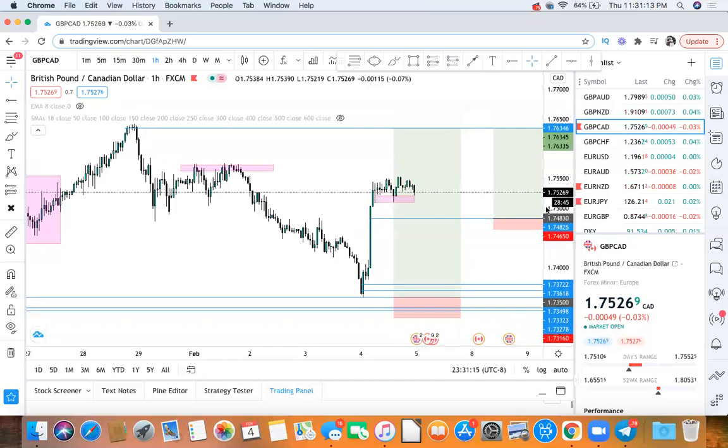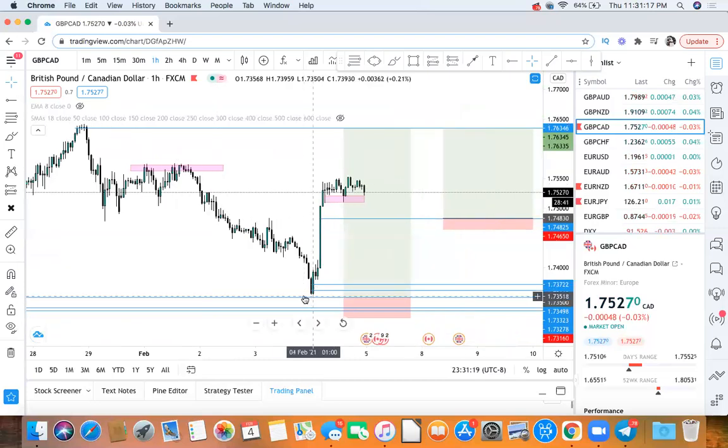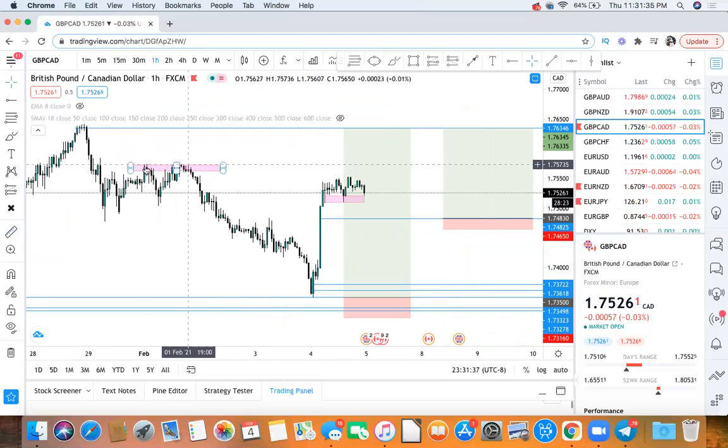Here on GBP CAD, as mentioned last night, we had zero drawdown, no drawdown at all, and we just straight spiked to the upside. It was a quick move of 192 pips where we did already secure partials. Our first take profit, we still haven't reached it. We do have it right on the equal highs, which is our first take profit for GBP CAD,